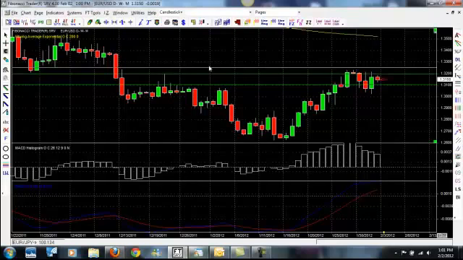So what we're going to do is we're looking to sell here. We close out the trade here. At the same time, now it depends on who the brokerage firm is that you work with. Some brokerage firms don't allow you to be long and short on the same currency pair at one time. It's called hedging. But some of these companies will allow you to, and they'll usually allow you to enter two different trades. So you can do an OCO, one cancels the other, or we can just enter them both. So what will happen is we're looking to short this pair here, but at the same time we are looking to go long